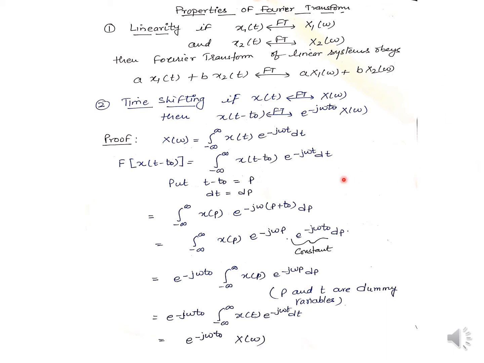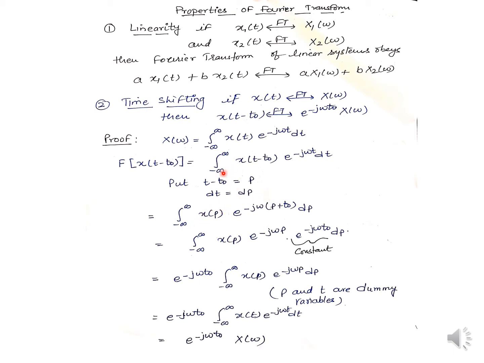The second property is the time shifting property. If x of t has Fourier transform capital X of omega, then x(t minus t naught) has Fourier transform e raised to the power minus j omega t naught times X(omega). So X(omega) we know is the integral from minus infinity to infinity of x(t) e raised to the power minus j omega t dt. If we are finding the Fourier transform of this, then it will be x(t minus t naught) here. Put t minus t naught equal to p, then dt will be equal to dp,